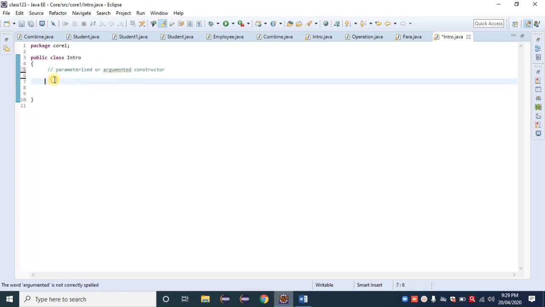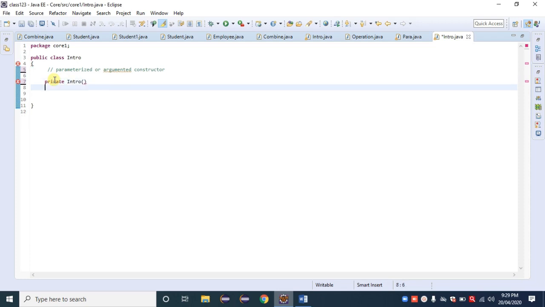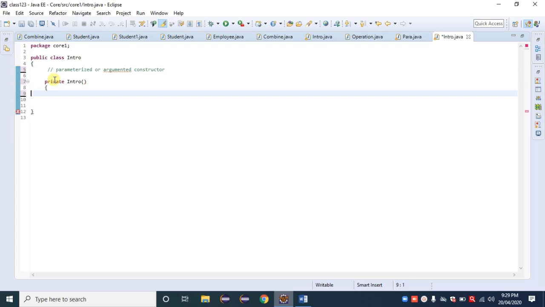It means that we need to design the constructor inside a class. I am using public as the access modifier here. We can use any access modifier here. Suppose we are taking private as the access modifier. Then the constructor name and class name are the same, parenthesis, open and close curly braces.